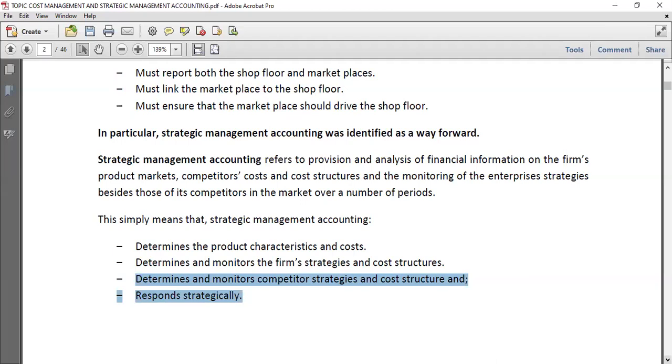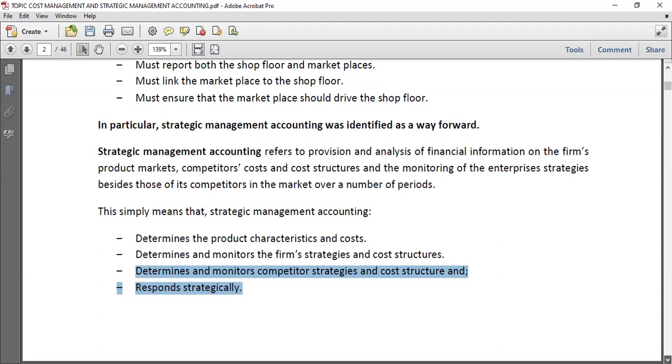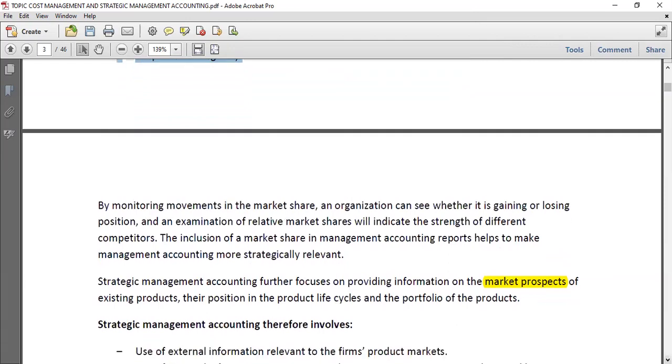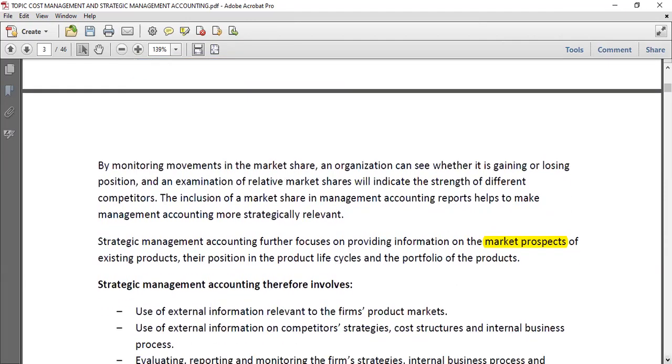Okay, so that is very important when it comes to that aspect. Now, also understanding, when it comes to strategic management accounting, like we said, it looks at the market prospects of the existing products. Okay, and then it goes ahead to also look at their position in the product life cycle,